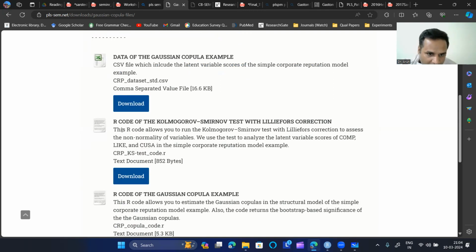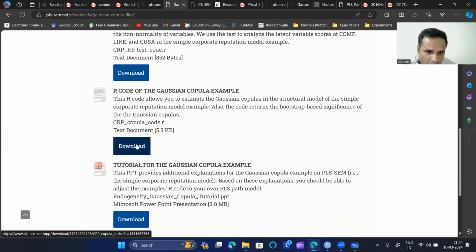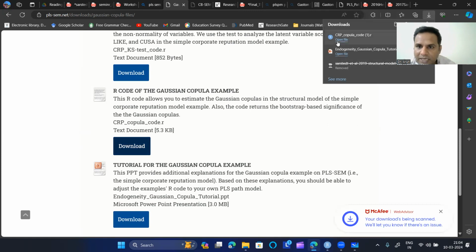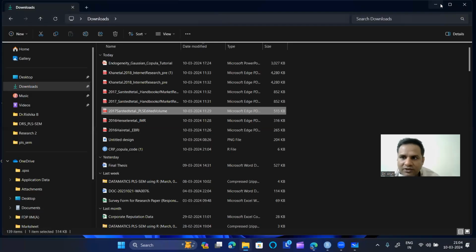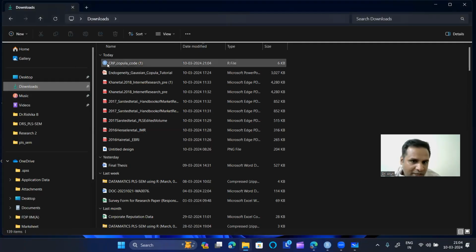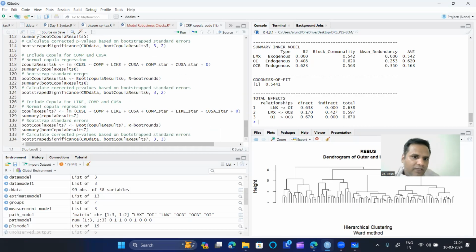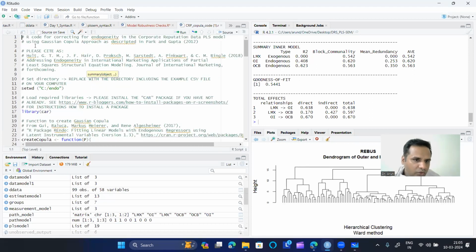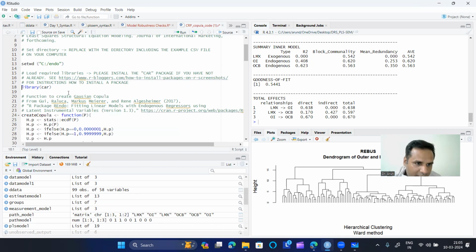Yes, okay. So now here they have given this R code, the R code for the Gaussian Copula approach. Let me download this. It is entirely an R file, with .R syntax. Can you see this? This is a very big code. Now here you need to fit all your data. By the way, this hashtag that you see, these are all just comments. This set working directory is nothing but changing a working directory, and you need to import